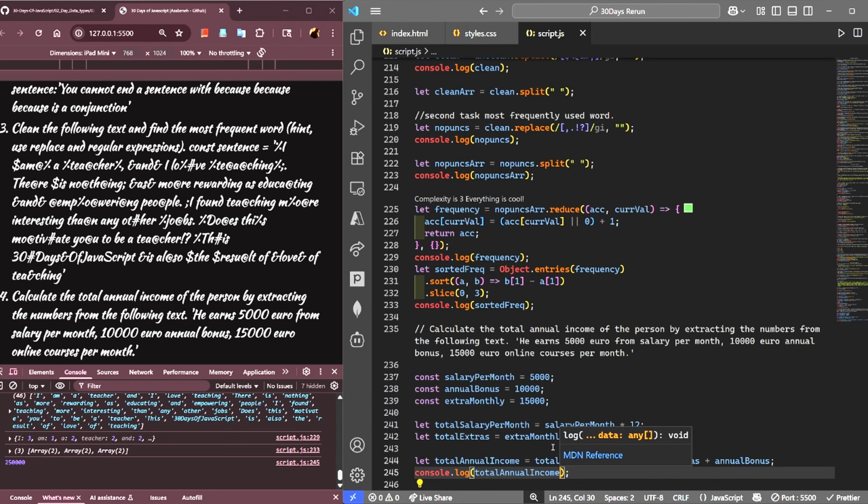Now, if I sorted it correctly, there should actually be two things in the array. I didn't expand the array, is what I see. But yeah, this one's pretty easy. We just got the numbers, and then we just